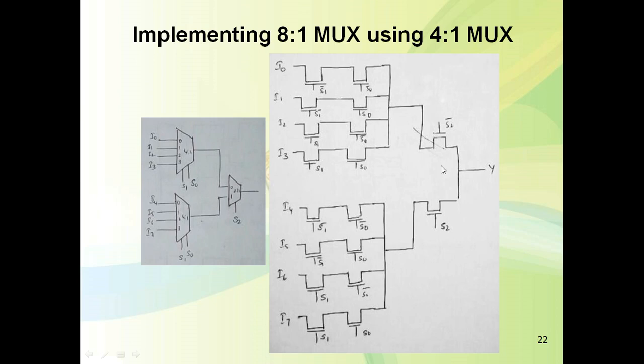The same implementation is shown here: for S2 equal to 0, S2 bar is equal to 1, this transistor will be on and this 4:1 mux is selected. For S0 bar and S1 bar, these two transistors will be on, and then Y is equal to I0. Likewise, for S0, S1 bar and S2 bar, this line will be active, and in this way we can implement an 8:1 mux using 4:1 mux.